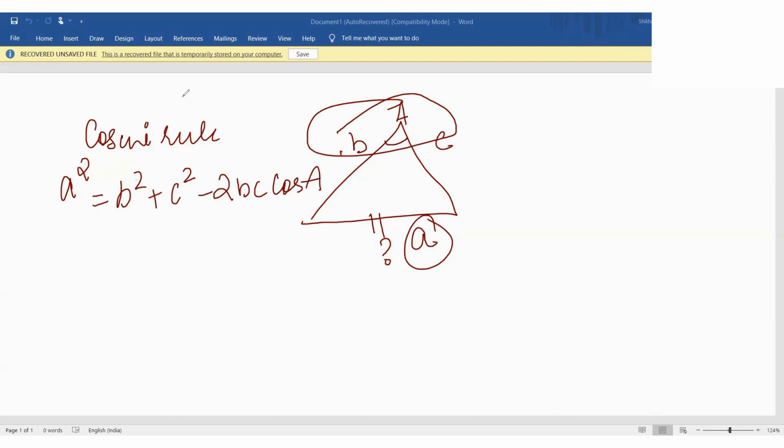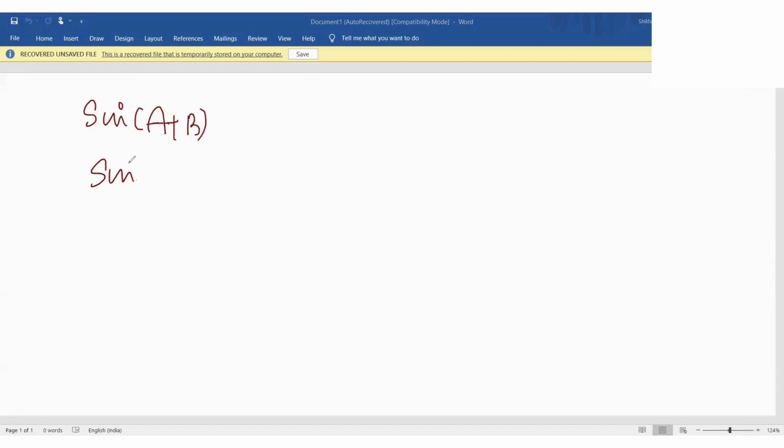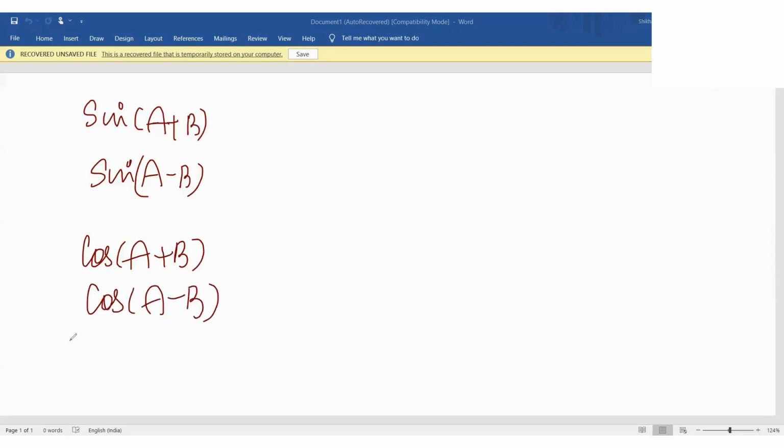Right. So these are the basic trigonometric features that you have already done. Now comes the compound angle formulae. We already know what is cosine 30, sine 30, but sometimes we have to use sine A plus B, sine A minus B, cosine A plus B, or cosine A minus B. This is what you have to do now. These are called the compound angles. Once these 4 are done, then we will do tan A plus B and tan A minus B also. Once these 6 are done, then we can do half angle formulae, double angle formulae, anything, because we just have to put the values over here.